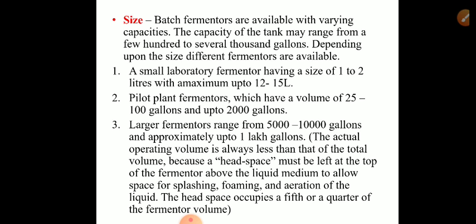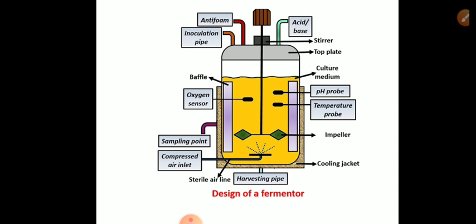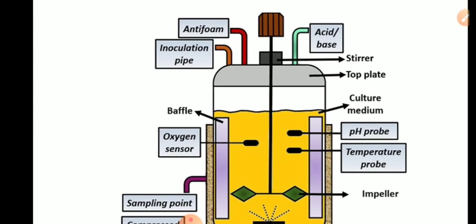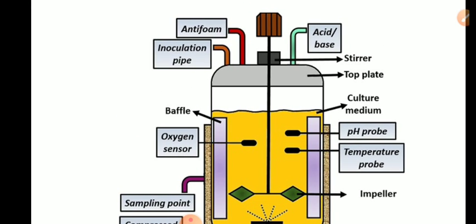The head space is required because when we mix the liquid, there may be splashing of liquid, there may be foaming, the aeration is done. So that is why a head space is always provided, where head space means that space which is empty. So the fermenter is filled, say for example 3/4 and 1/4 space may be left as head space. Okay. So if you look at a batch fermenter, you can see that there is a motor at the top.